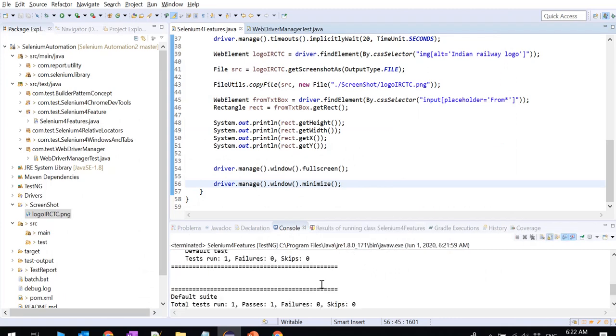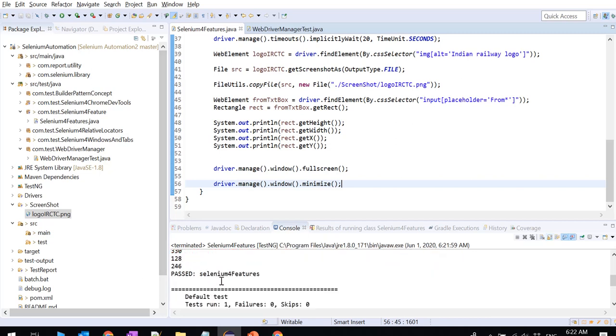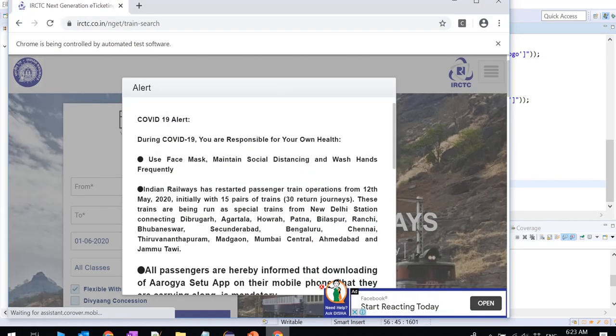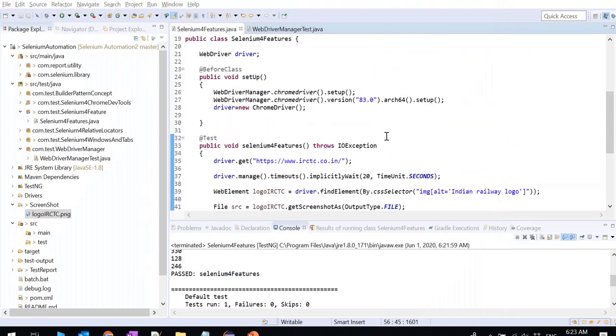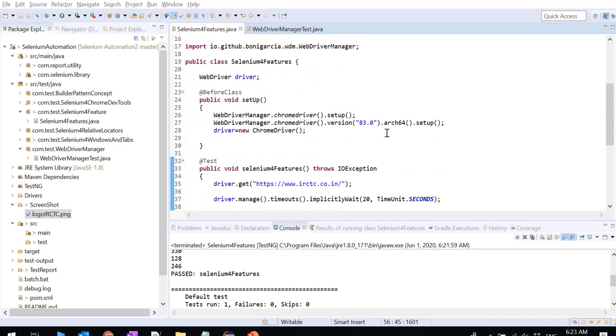Everything is fast, nothing fails here. Since I am not using any assertion, this is just to give you hands-on knowledge of this Selenium 4 feature, so you can utilize it in your current project. You can see it maximized first, made the browser full screen, and then minimized. Let me close. I'll push this code to the Git repo after refactoring.